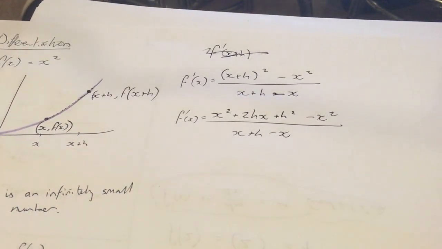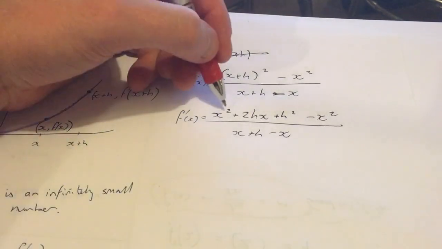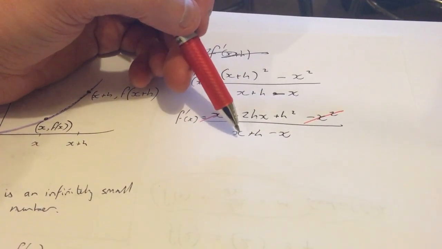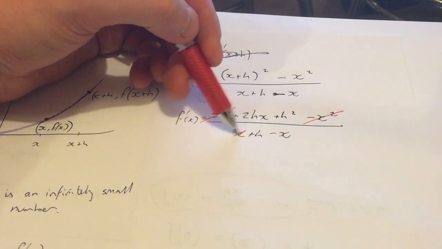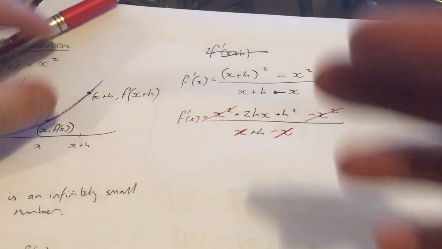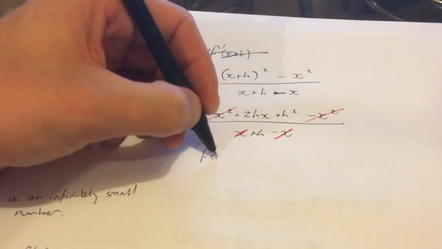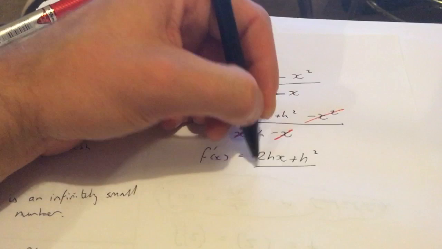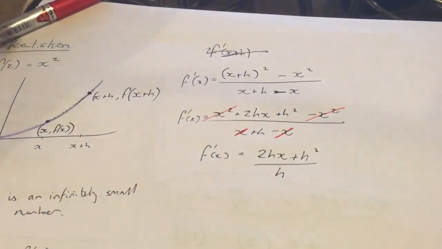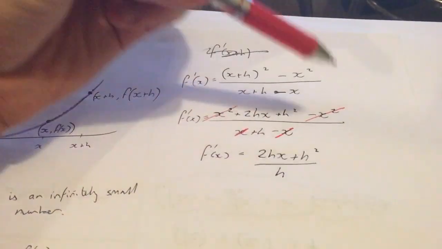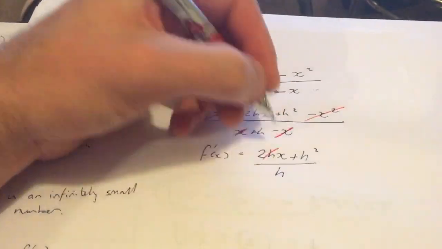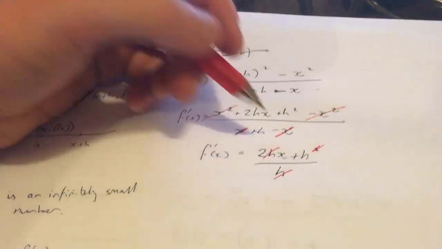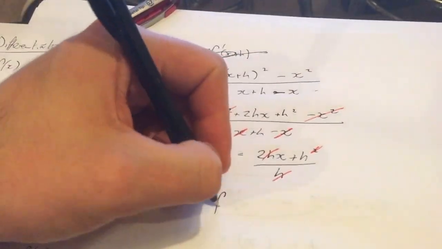So on the top, our x squareds are going to cancel, leaving us with this. And on the bottom, we've got x plus h minus x. So the x's here are also going to cancel, leaving us with the gradient function 2hx plus h squared over h. And we can divide through the top and the bottom by h. So h divided by h, they're going to cancel. And h squared divided by h, we're going to get just h. So our gradient function, for x squared,